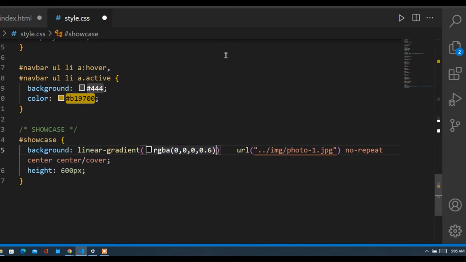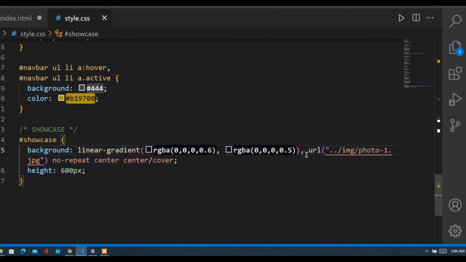I'll say RGBA, 0, 0, 0, say 0.5. Then I'll get this close and include a comma. Be sure to include a comma, guys. And most of us were having issues with this in class,